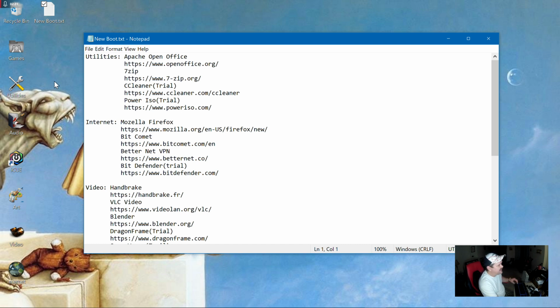Once you get everything set up like this, you want your video, your internet, your art, your audio, your utilities, and your games all put into separate folders. Once you get that done, you're going to need these utilities, and pretty much in this order. First one is Apache OpenOffice,